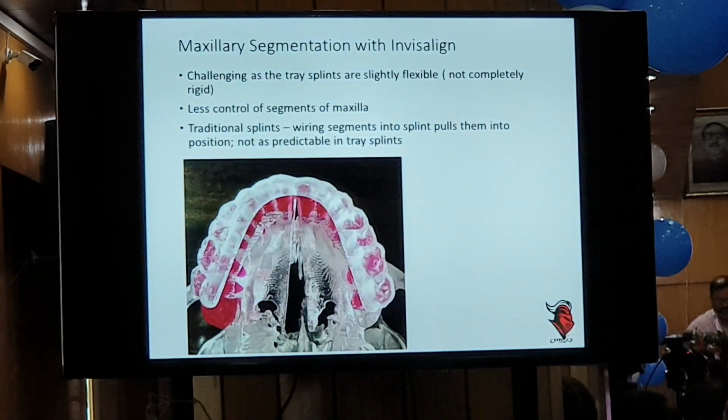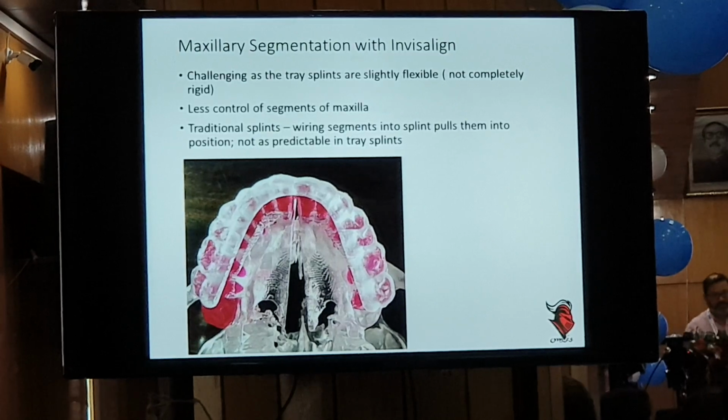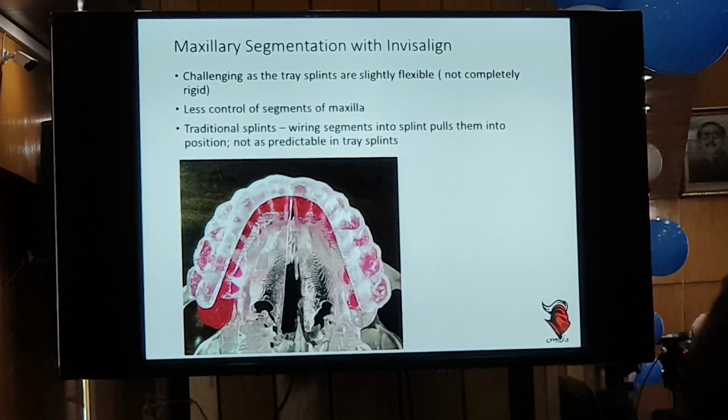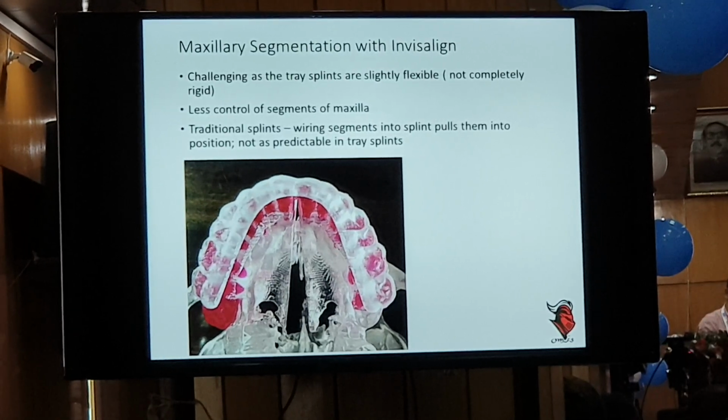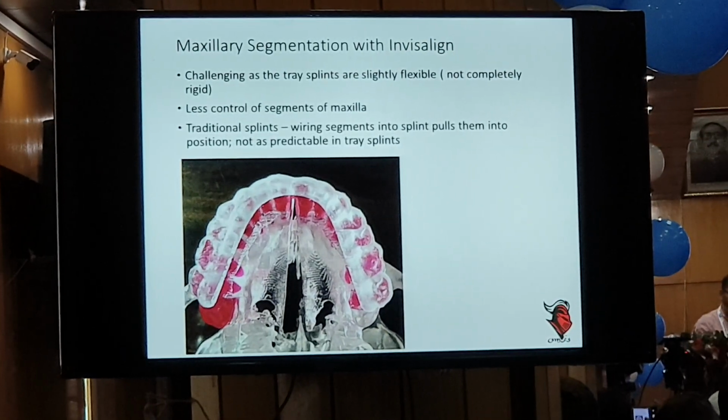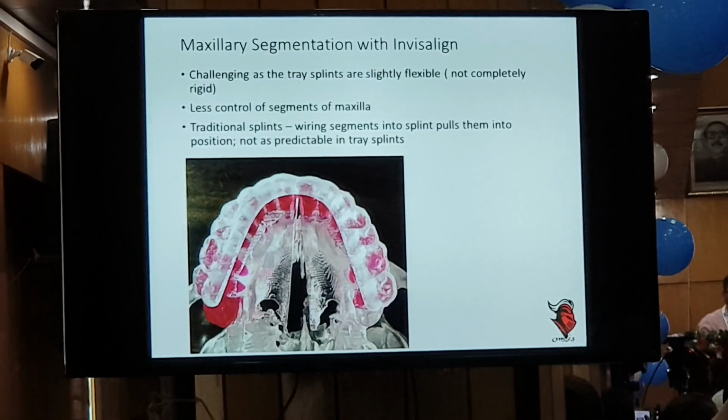Now, when we talk about segmental orthodontics, this is particularly challenging in Invisalign cases. The reason being is that the tray split, as I came to learn, can be very, it's not rigid enough initially. And you really need to have a very rigid split, otherwise the segments may rotate in if the splint is